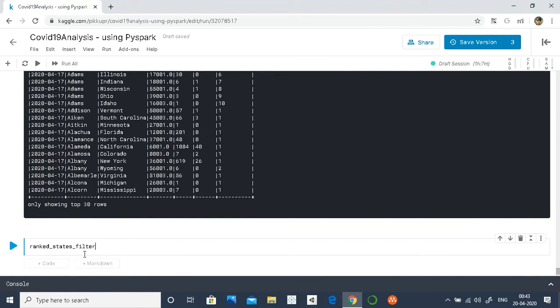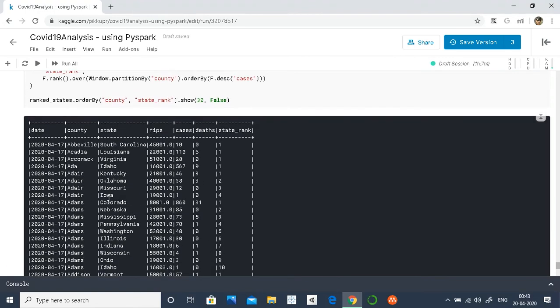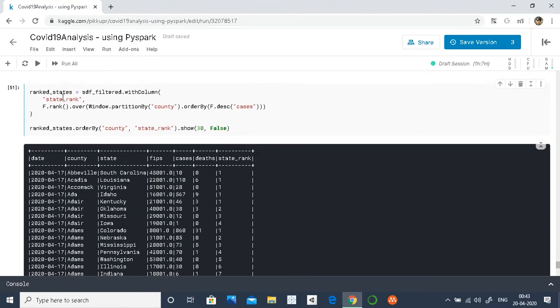So I will write filter, because we are filtering only the topmost states. So rank state filter where, we can either write where, and it has the same meaning as filter. And now we will write the condition. The condition will be to take only the topmost state, right?